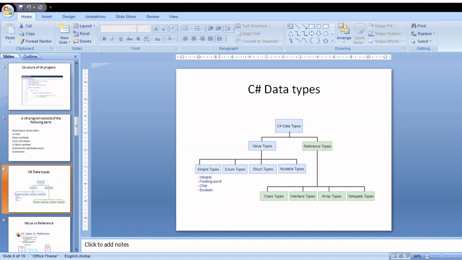There are only two values that a Boolean type can take, that is true or false. Next data type is decimal data type. It is a high precision 128-bit data type that is designed for use in financial calculations.